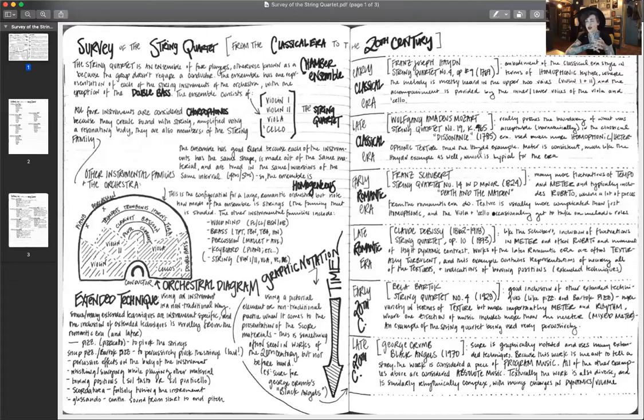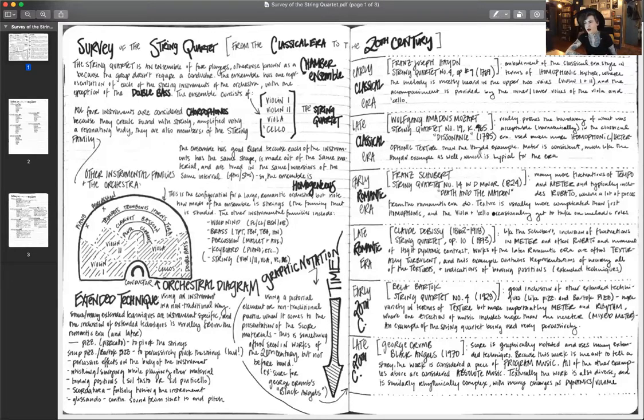They're tuned at the same interval. Sometimes it's very, very difficult to hear where the violin starts and stops and where the viola begins, for example. Same idea between the viola and the cello. So because of this great timbral blend, we have some interesting compositional possibilities that we'll encounter